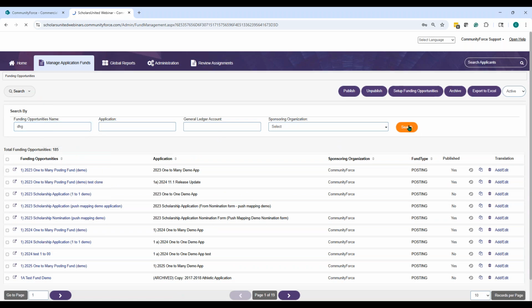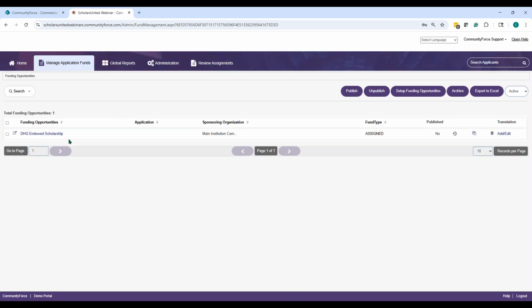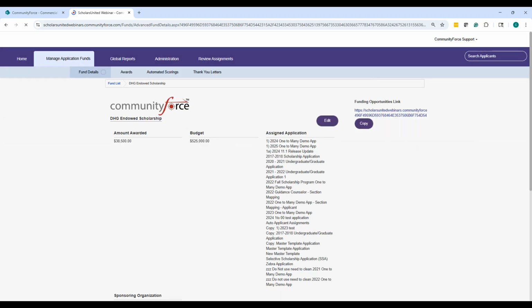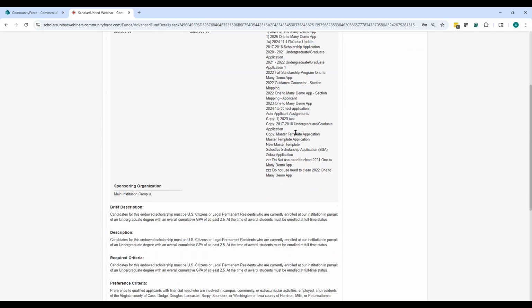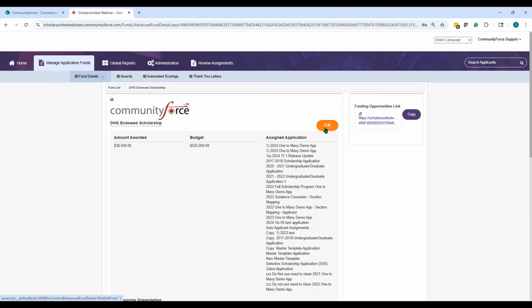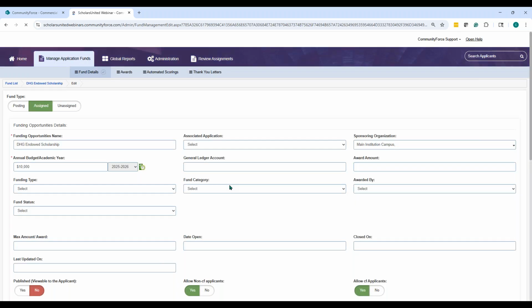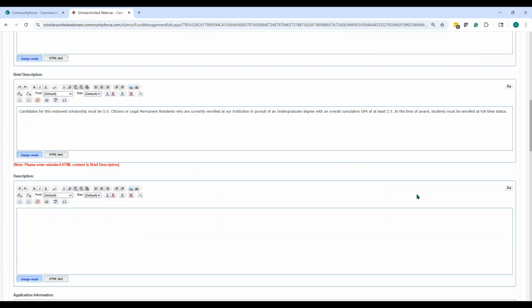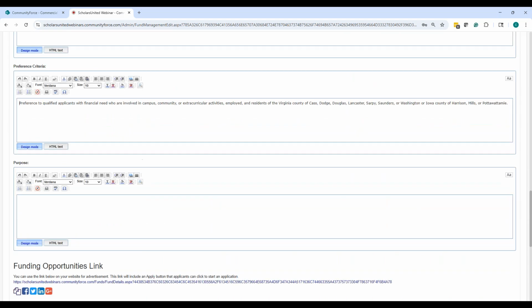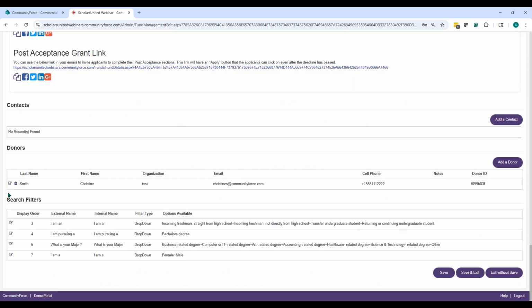Christine is showing us where the donor information is going to show up. As you can see, this is where and how you can see the donor information. If we click on edit under the manage application funds, right at the bottom of the screen, as Christine is showing us, there we go, add a donor.